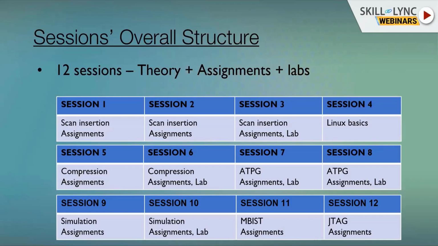In sessions 5 and 6, the compression part will be covered with assignments and lab work. In sessions 7 and 8, the major focus will be on automatic test pattern generation. You need to understand how the patterns are generated.